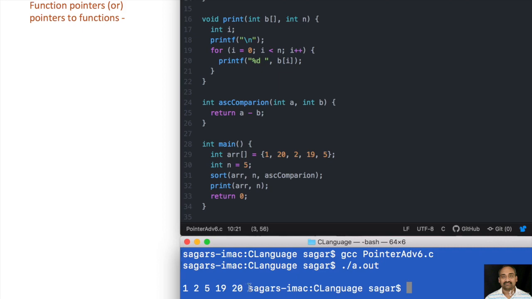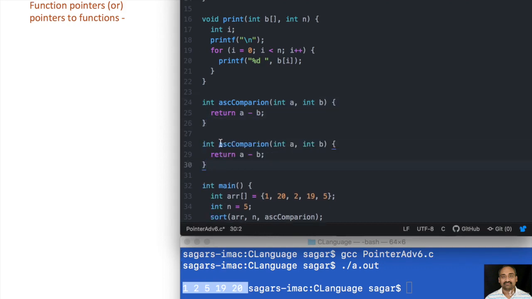Now you can see that the elements are arranged in ascending order. Now what I will do is I will also provide another function which does a descending order comparison, and here I will say b minus a.